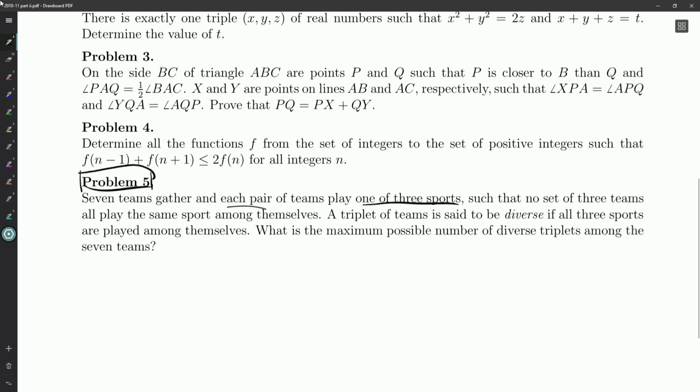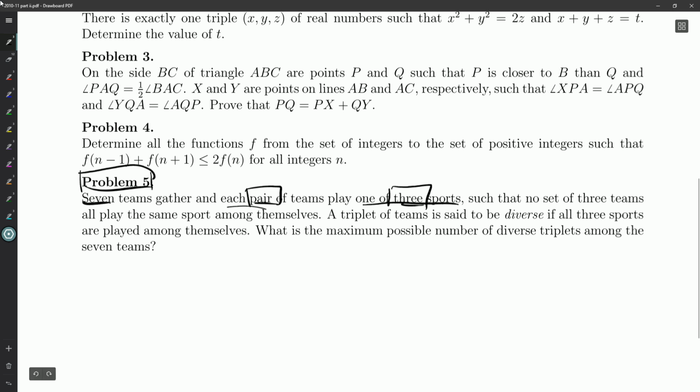Immediately I'm starting to think Steiner triple systems, which has come up on some contests over the last few years. Anyway, that's just an initial thought, just because I see the numbers 7, 3, and 2 when it comes to pairs. So these are numbers I think of when I think Steiner triples.